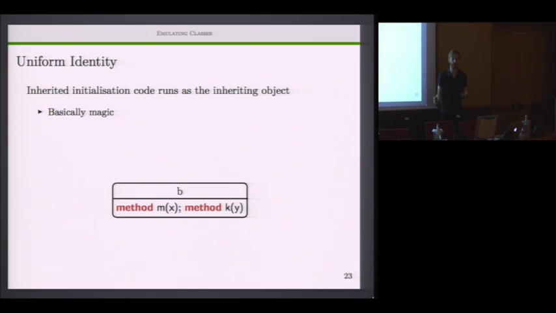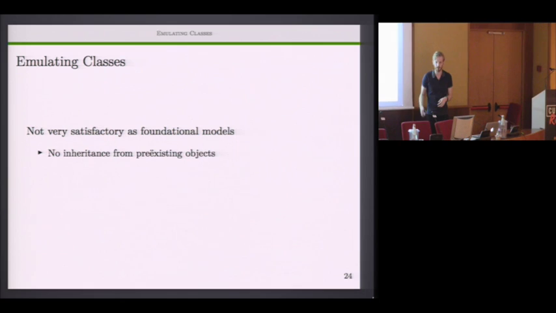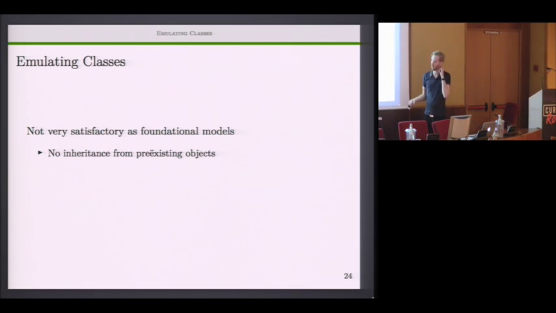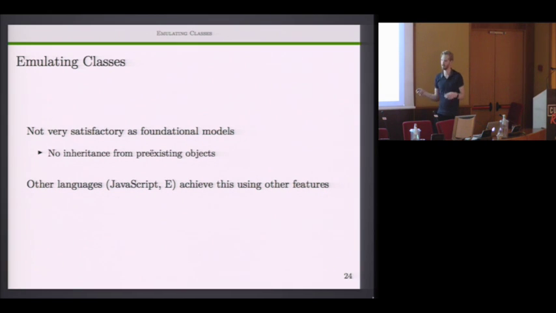This means that the initialization code runs in the expected context. You can still see uninitialized state during construction, though, which is just like in Java. So none of these are very satisfactory as foundational models. They're not really full object inheritance, but they do give us what we were looking for in terms of the expected behavior. So it's worth just quickly looking at how some other languages do this,